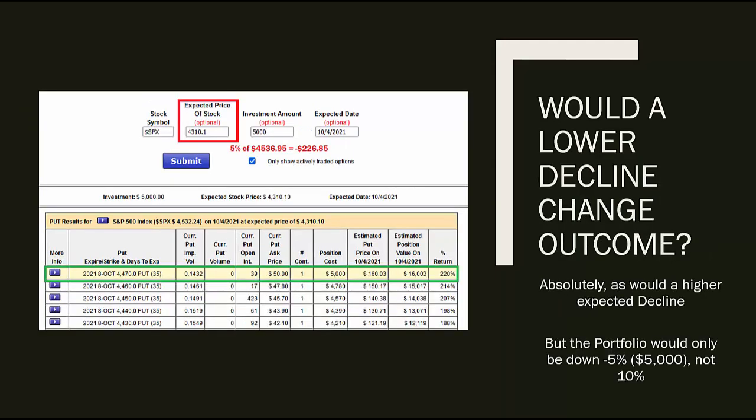Would expecting a lower decline change the outcome? Oh, absolutely. As would a higher expected decline. If we kept going to a 20% decline or 30% decline, one not often seen, hopefully, but again, that would change the results. If we use just a 5% decline on SPX, a drop of $226.85 over the next 35 days,